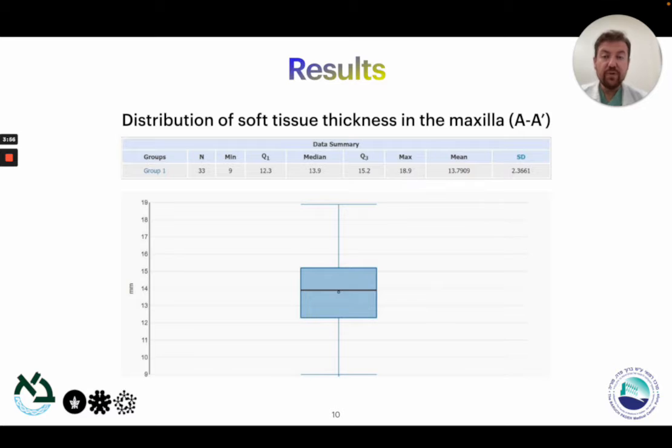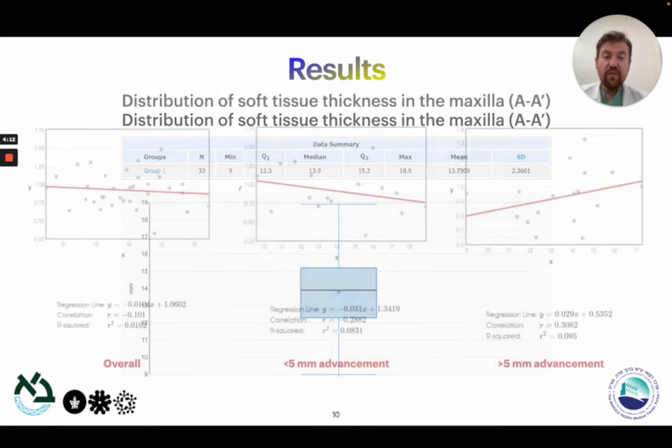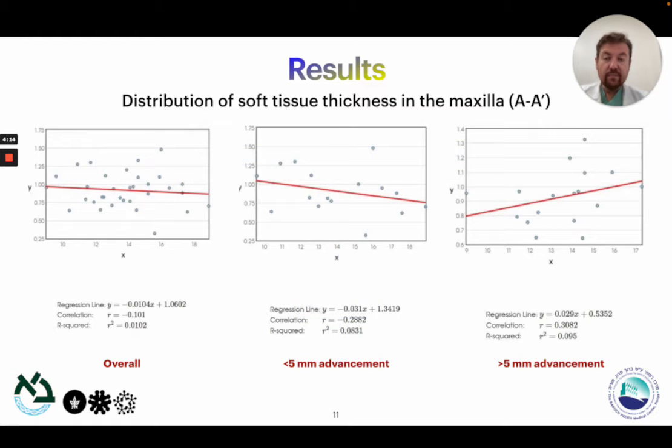If we look at the distribution of preoperative soft tissue thickness in the maxilla, we see that the mean is just under 14 millimeters, and it goes somewhere between 12 and 15 millimeters. If we look at trends overall, we see that the thicker the tissue is, the relatively less it moves, but it is very clearly seen in advancements of less than 5 millimeters, where there is quite a good correlation